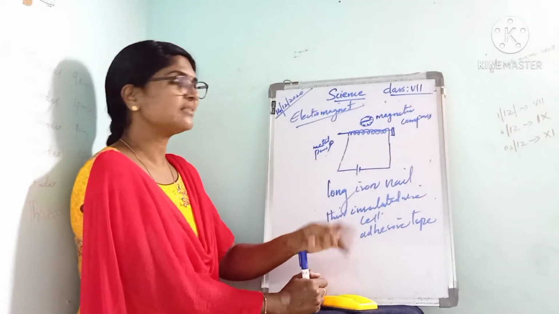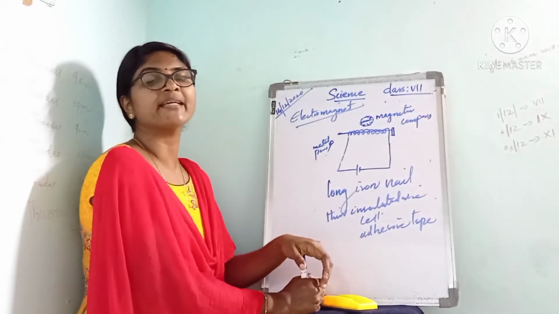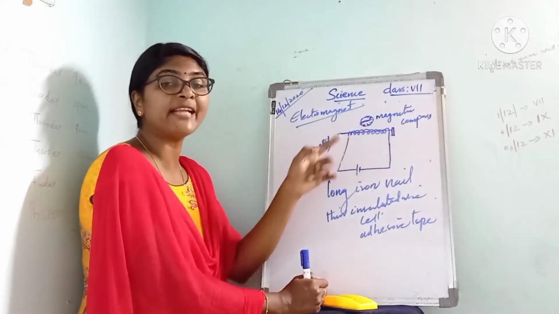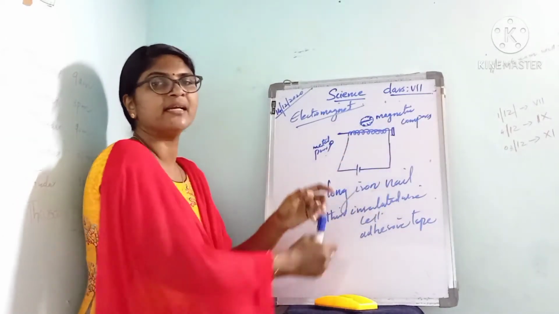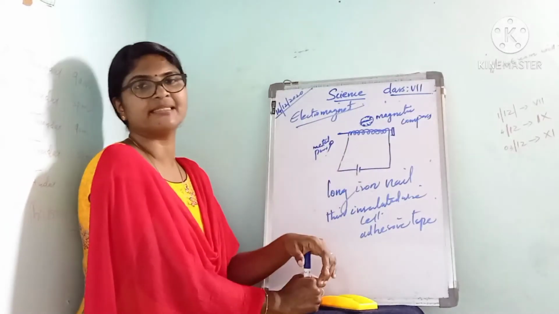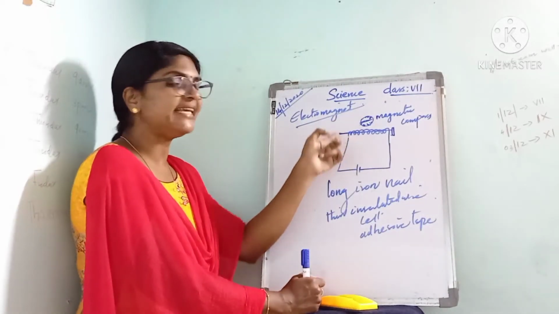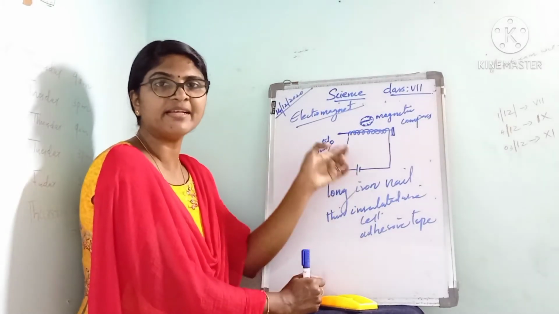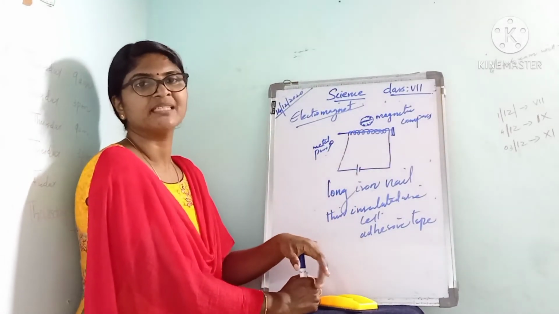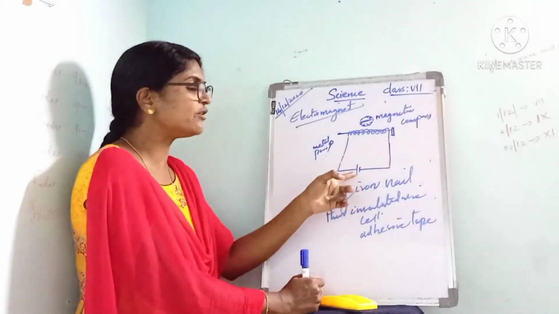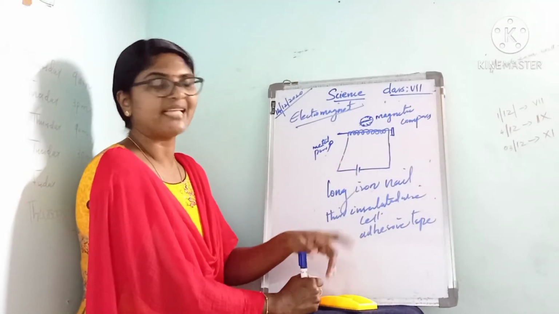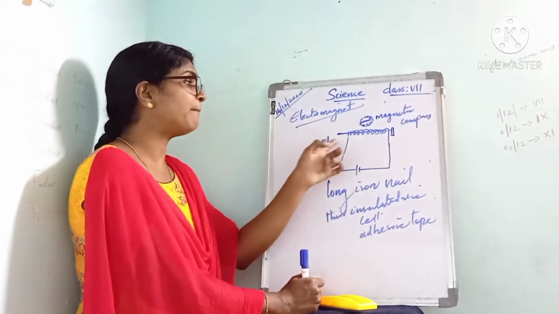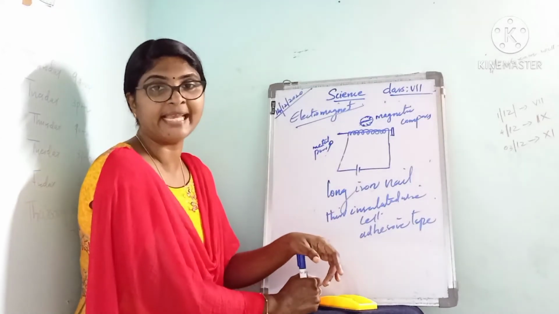Listen to it. Here we have to take an insulated wire, then remove the insulation at the ends, then wrap the wire tightly around a long nail, leaving some wire hanging loose at its ends. Then fix one end of the wire to the negative terminal of the electric cell with an insulating tape. Then leave the other end free. Then place some pins near one end of this iron nail.